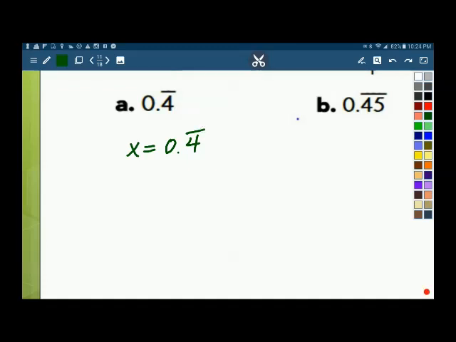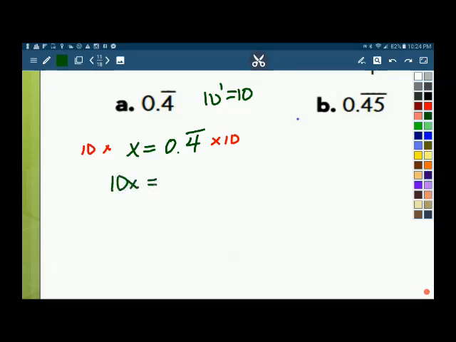Create an equation first. Now multiply each side of the equation by the power of 10 that matches the number of digits that are being repeated. Well, there's only one digit being repeated. 10 to the first power is just 10. So I'm going to multiply both sides of this equation by 10, giving me